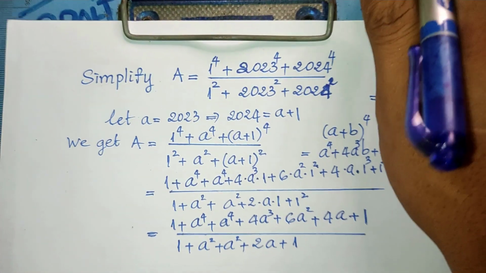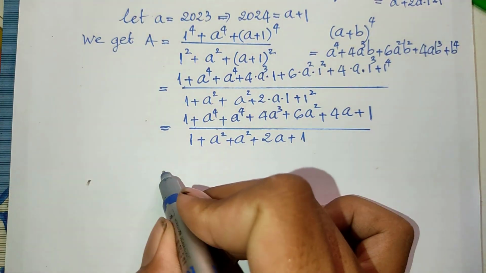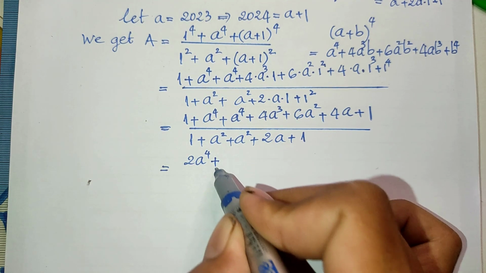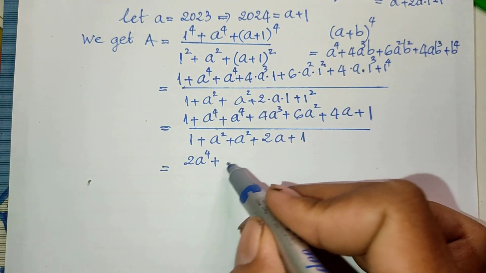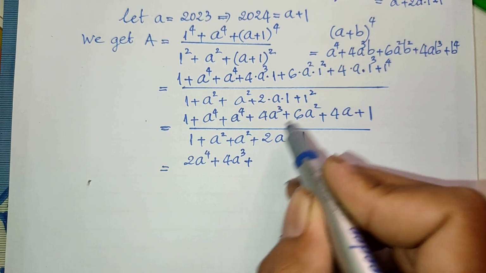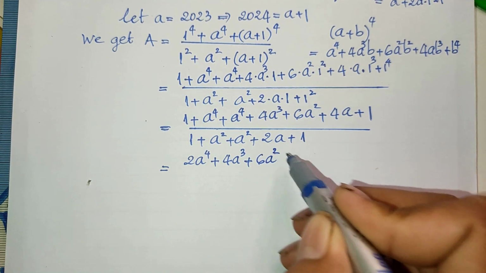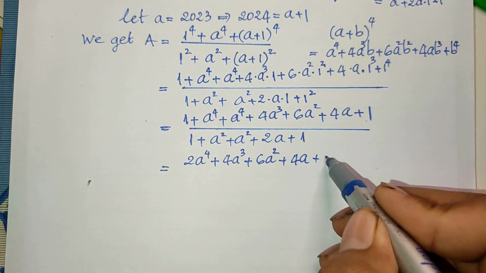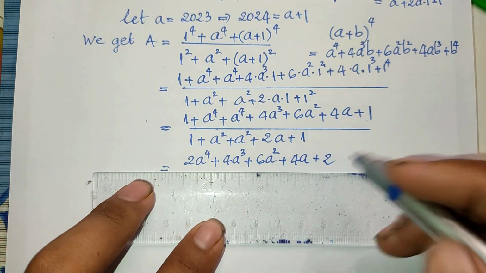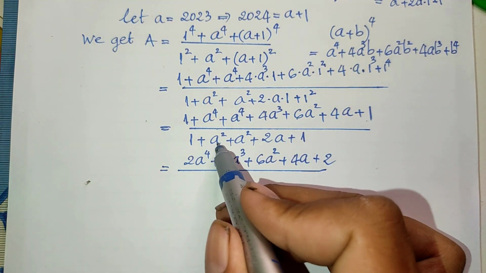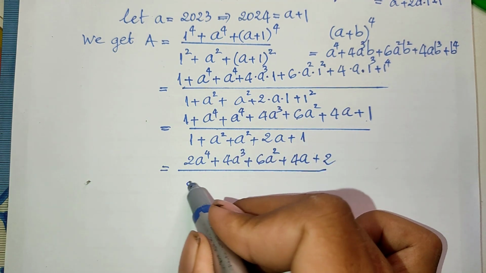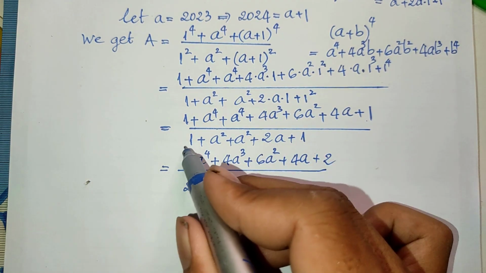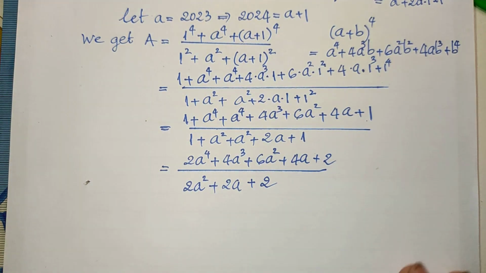And so now we add up this fraction and we get 2a power 4 plus 4a power 3 plus 6a squared plus 4a plus 1 plus 1, divided by a squared plus a squared, we get 2a squared plus 2a plus 1 plus 1, and it is equal to